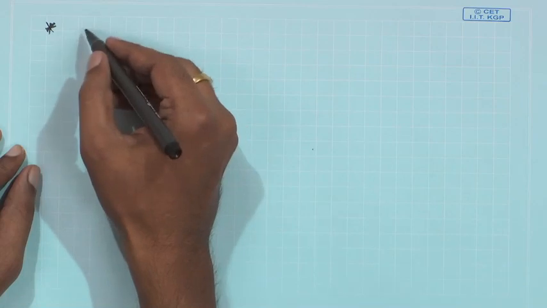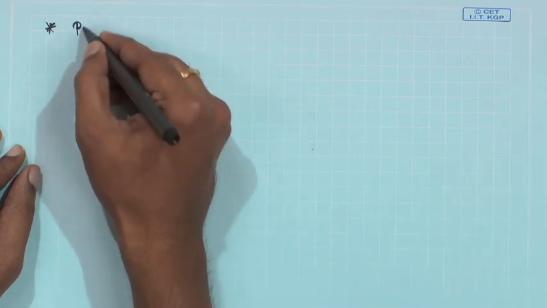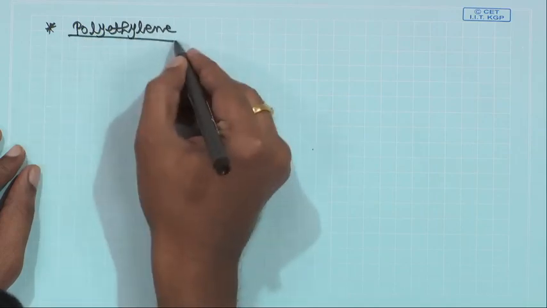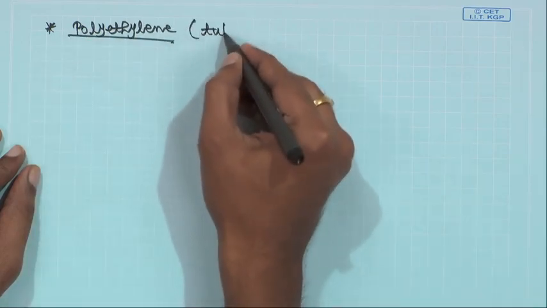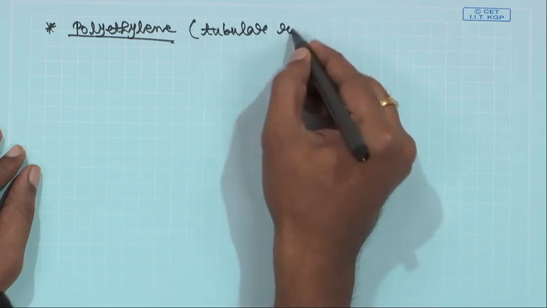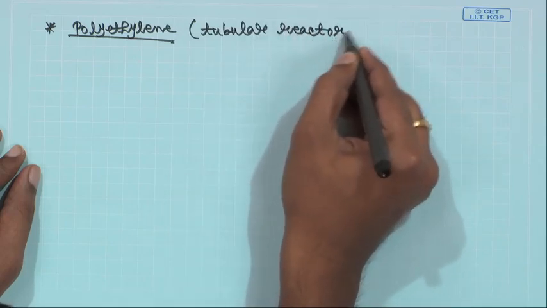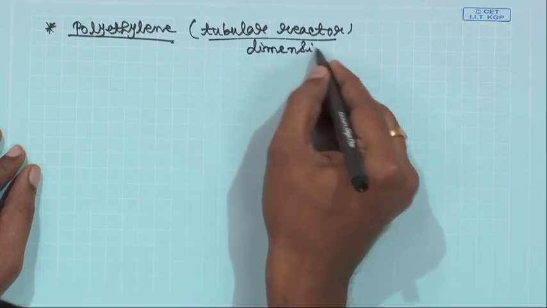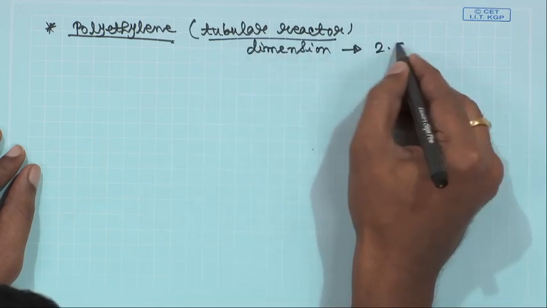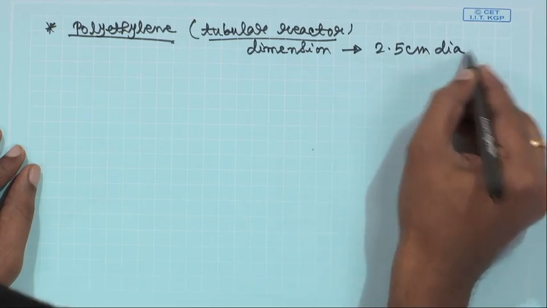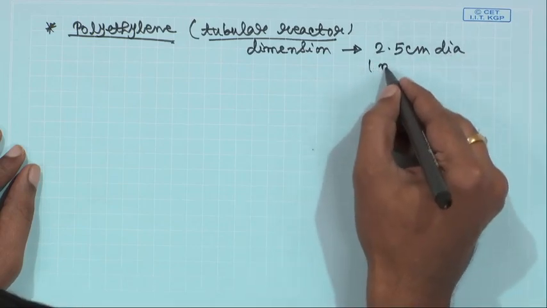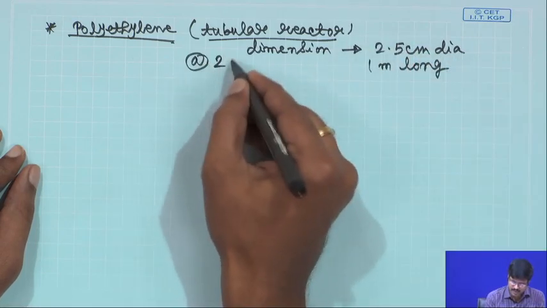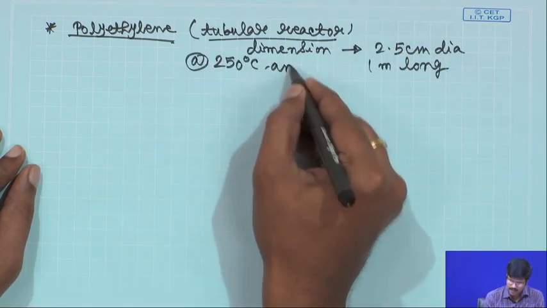Say, let us say we are trying to prepare polyethylene and you are using a tubular reactor. It could be a plugged flow reactor also, and the dimension here is 2.5 centimeter diameter and 1 meter long tube, and the reaction is done at 250 degrees Celsius and